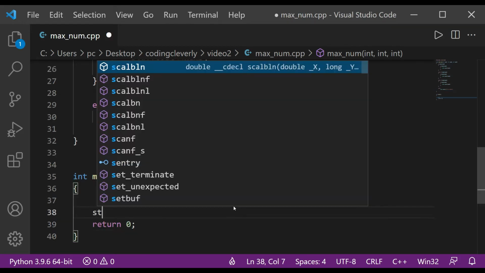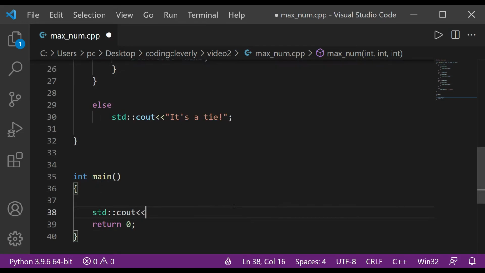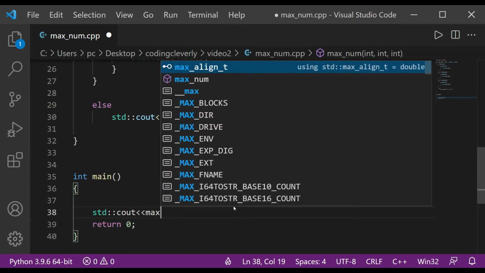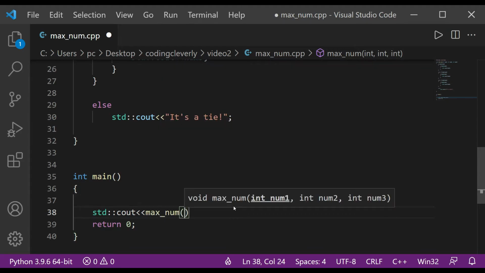So let's have this printed out. So standard console output, and the function here is max_num, and what we have here is 3 numbers. So let's give 3 numbers: minus 10, 0, and 10. Say g++